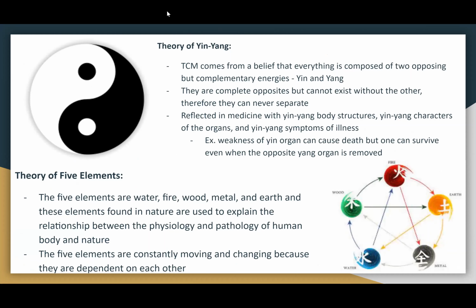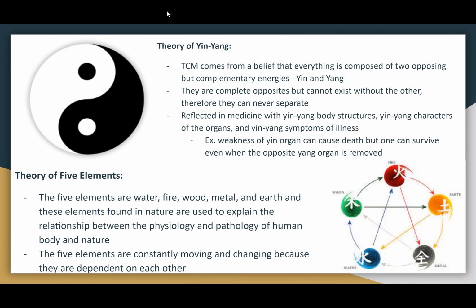The theory of yin and yang comes from a traditional Chinese medicine belief that everything is composed of 2 opposing but complementary energies, yin and yang. They are complete opposites but cannot exist without the other. Therefore, they can never separate. They are also reflected in medicine with yin and yang structures, yin and yang characters of the organs, and yin and yang symptoms of illness. For example, weakness of a yin organ can cause death, but one can survive even when the opposite yang organ is